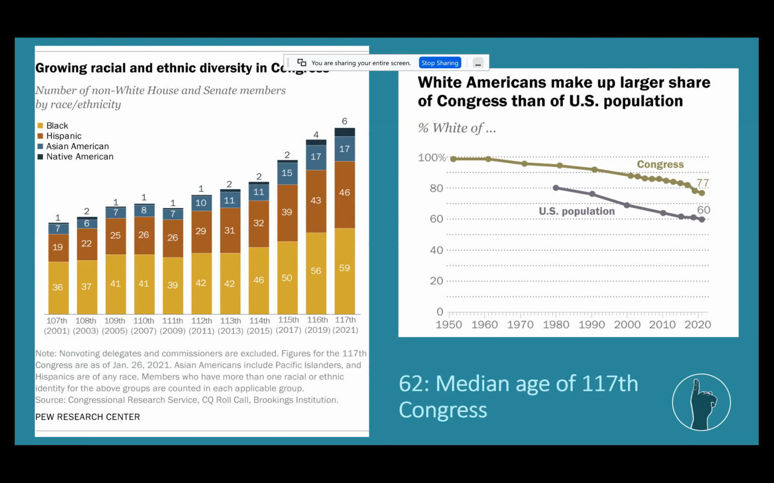And you can see as well that we have the most diverse Congress we've had in history. Yet you see that the percentages still do not match the percentages of minorities within our population. And you can see that white Americans make up the larger share of Congress than the US population. And also keep in mind that only 24% of senators are women. So how are we supposed to expect that these people who are creating our laws are the ones who would enforce